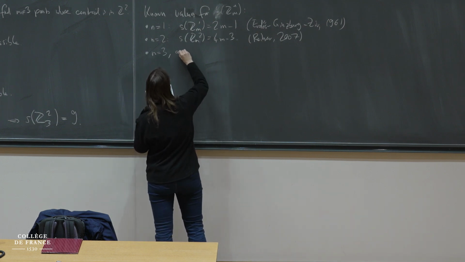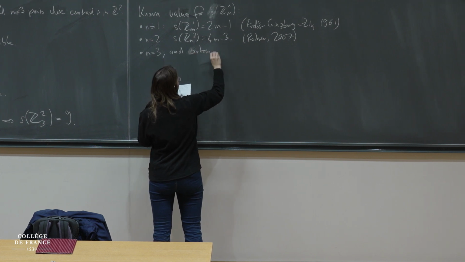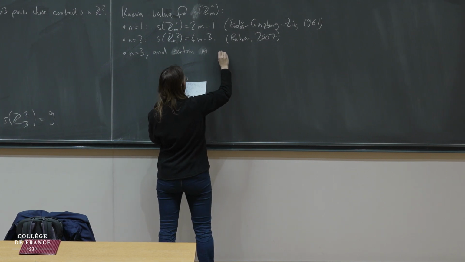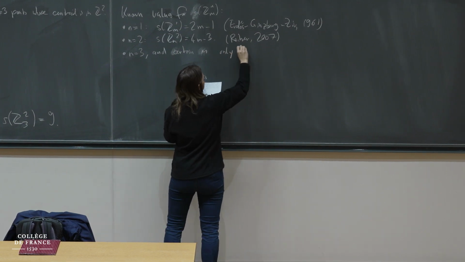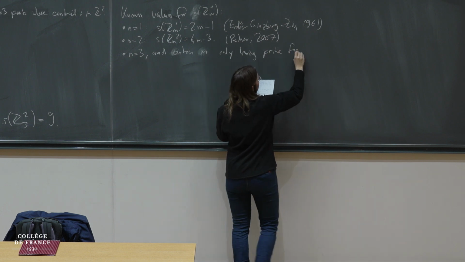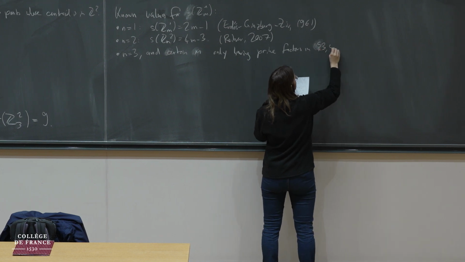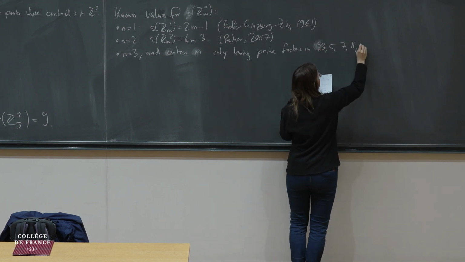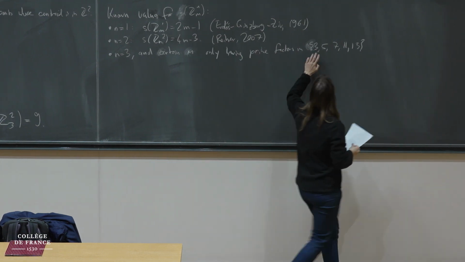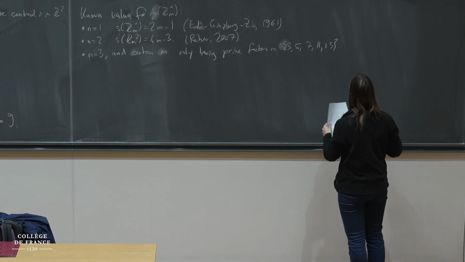So for n equals 3 and certain m, and these certain m have only prime factors in 3, 5, 7, 11, 13. So there are more conditions, but the condition is if you have an m which only consists of these prime factors and then with some additional conditions on the exponents, which are sort of complicated,